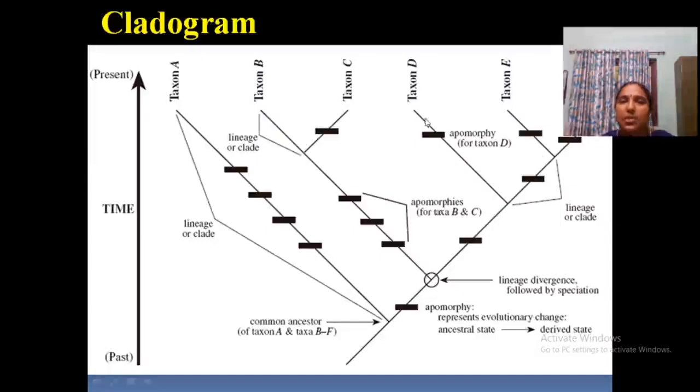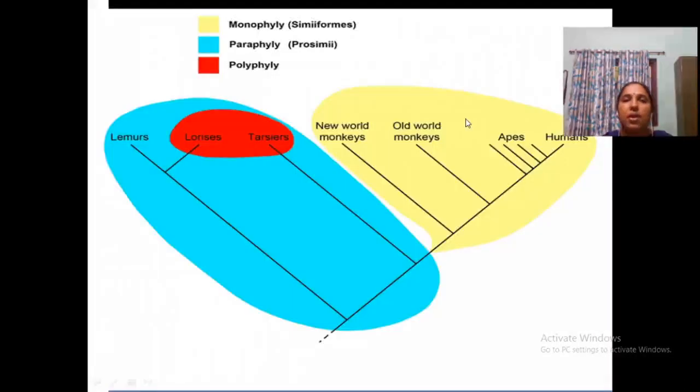Now some examples: the different taxa A, B, C, D, E and F, with ancestral and derived characters. This is the ancestral character and these are derived characters. What are the derived characters? Here one character derived, so speciation, another group, new character derived, speciation, likewise. So all these indicate character derivation, derived characters, and new taxa evolved. Okay. So here in this picture also you are familiar with monophyly, paraphyly and polyphyly. Red is actually polyphyly, this having no relationship.